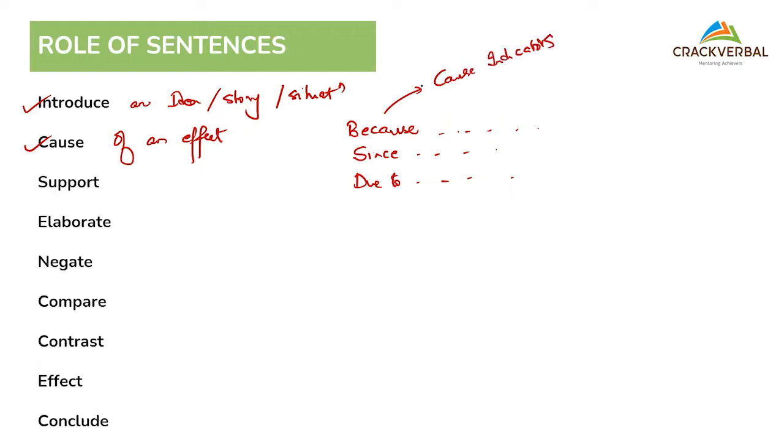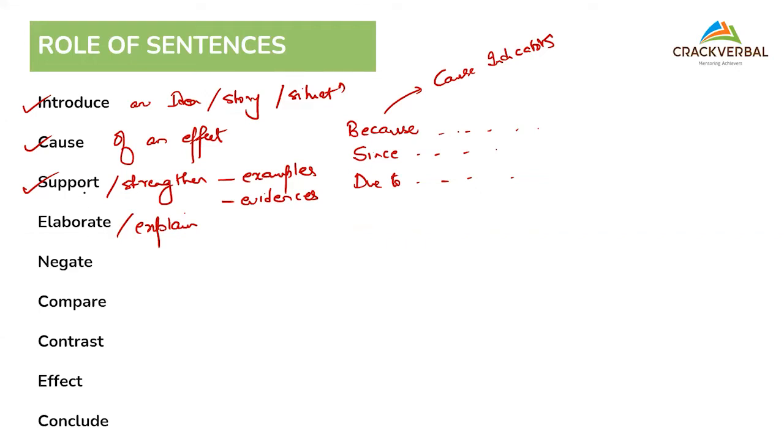Okay, next. Support. Now, which will be the words for support? Sentences will play the role of support, or I can say they will want to strengthen something. So they can be examples, they can be deeds. Ideally, support and strengthening examples or evidences would be present. Then I would have the role of elaboration, to elaborate or explain.